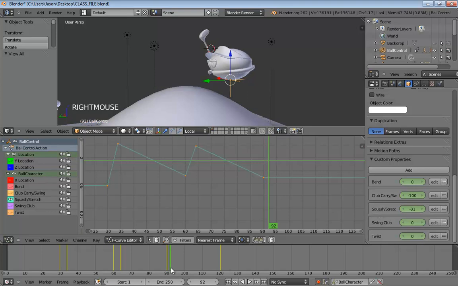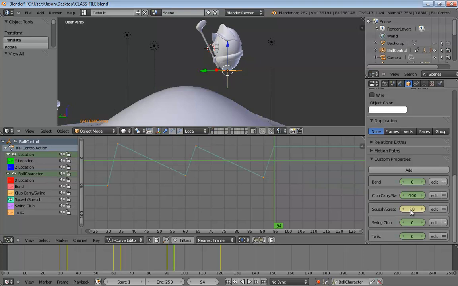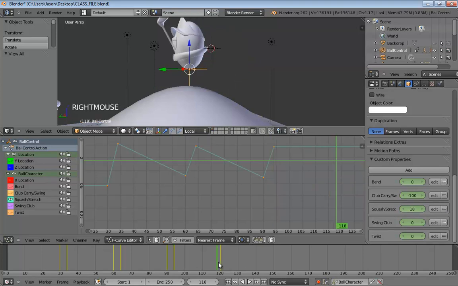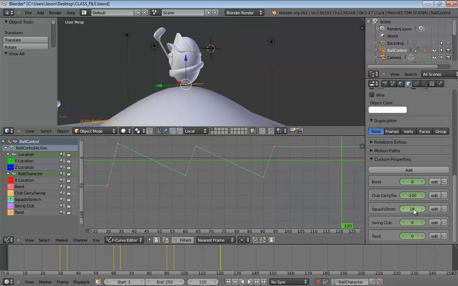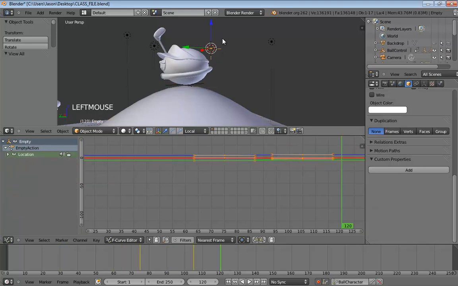About 94, we'll stretch him back up. And then at 120, we'll squash him back down. That's when he lands. And let's take this empty we were using for height, and let's just nuke that. We don't need it anymore.